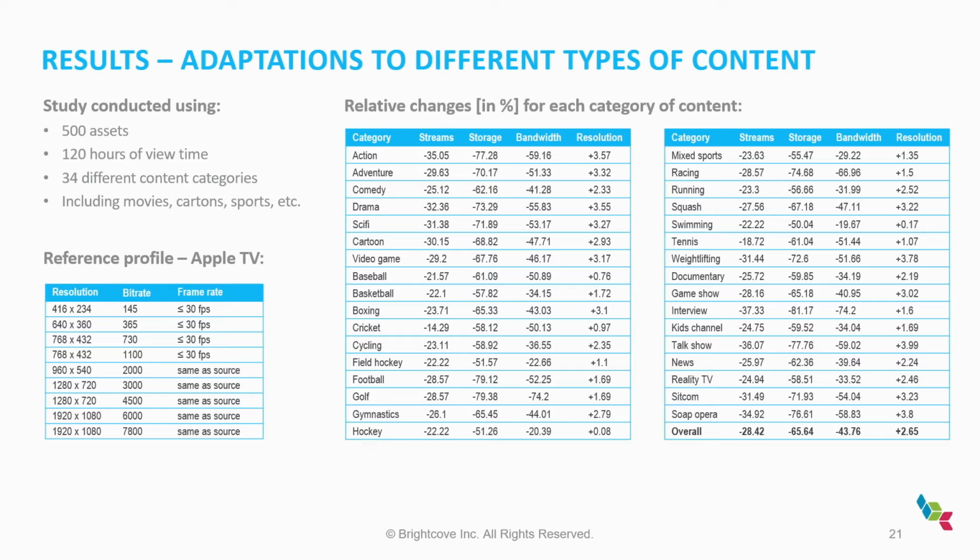And why are we saving a lot for golf? Well, because there is lots of static imaging in golf. It takes time for the golfer to prepare, to take the right position, right? And these are lots of static pixels that can be compressed much more efficiently. So basically, you see it's a saving in storage, in number of streams, in bandwidth, and we actually gain in resolution as well across all of them. So pretty